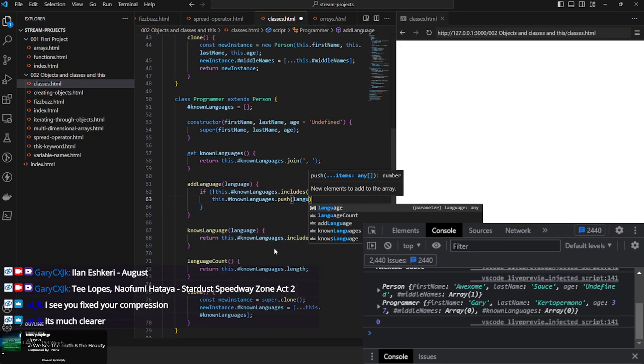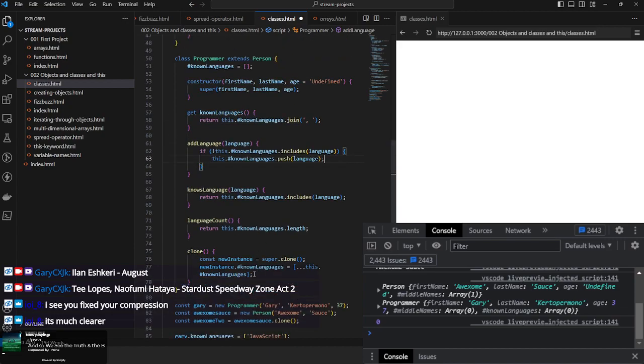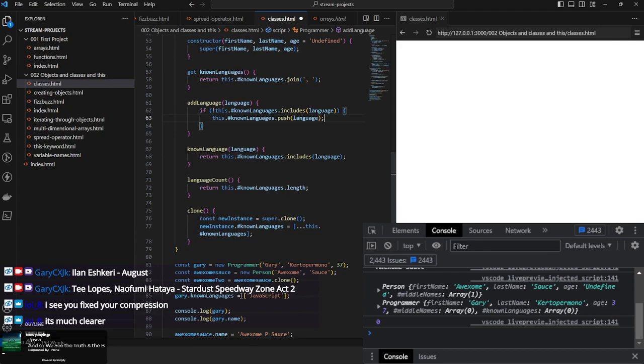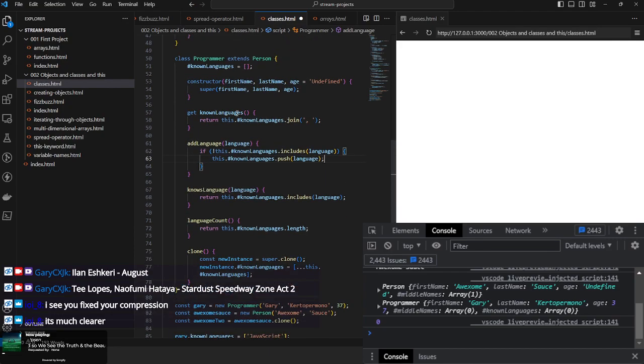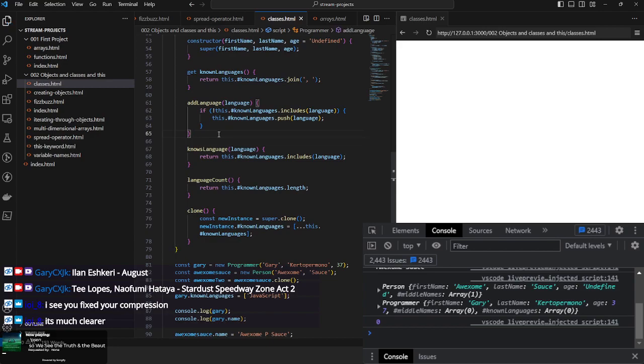Push language, because we don't want multiple instances of JavaScript, and we can't ensure that it shows multiple instances, because you can write JavaScript with capitals and in lowercase and all those things are considered the same value. But yeah,